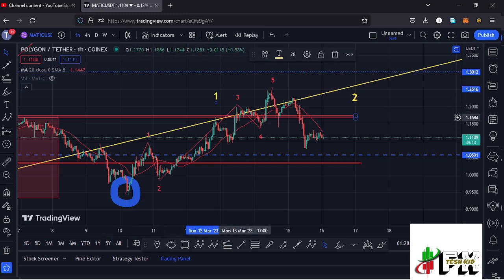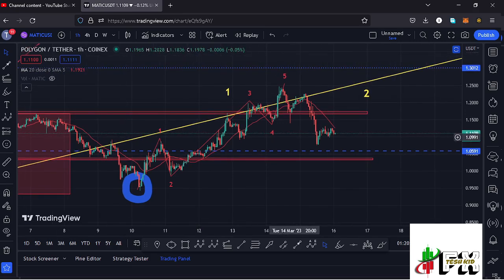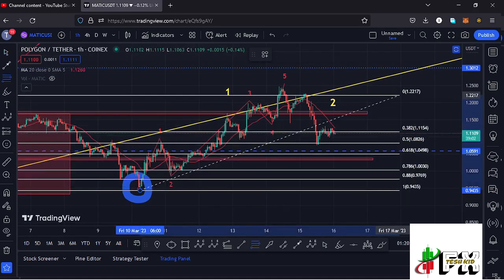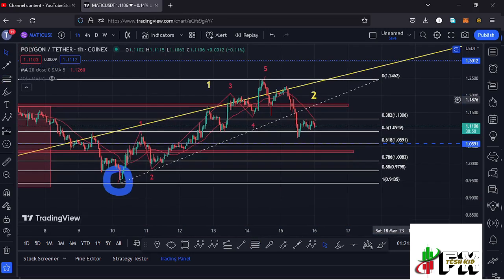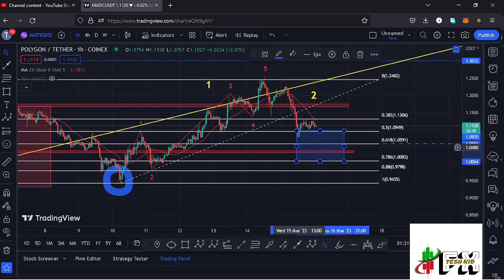And after seeing the formation of that first wave, whatever we expected next was a corrective structure to the lower side in the formation of this wave 2. Using the Fibonacci, connecting them from the low of the first wave to the high of that wave 1, that gave me a minimum retracement area in the formation of that wave 2 between the fib level 0.5 and the fib level 0.78 as a maximum. So we can have that as our target area in the formation of that wave 2, and you can see that at the moment we have managed to get into the minimum retracement area, giving us a low at around